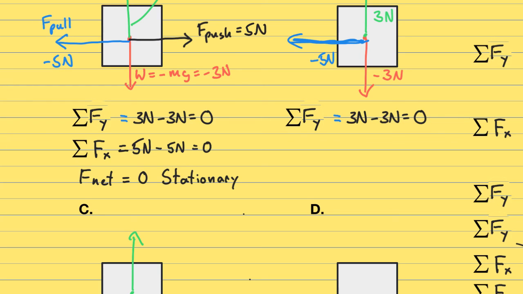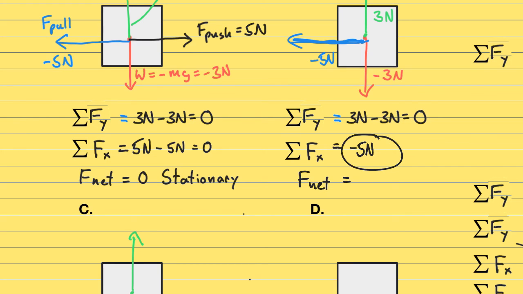So we're going to say that the summation of forces in the x direction is going to be equal to just that negative 5 newtons and nothing else because we don't have any other forces. So now we do have an unbalanced force because our summation of forces in the x direction is negative 5 newtons. So our F net